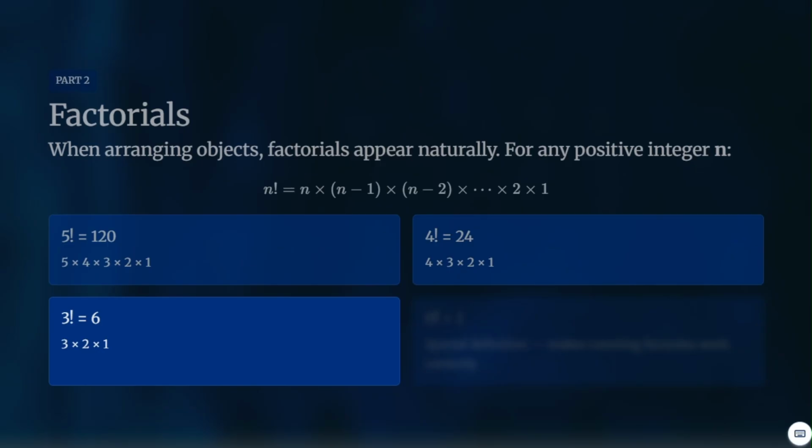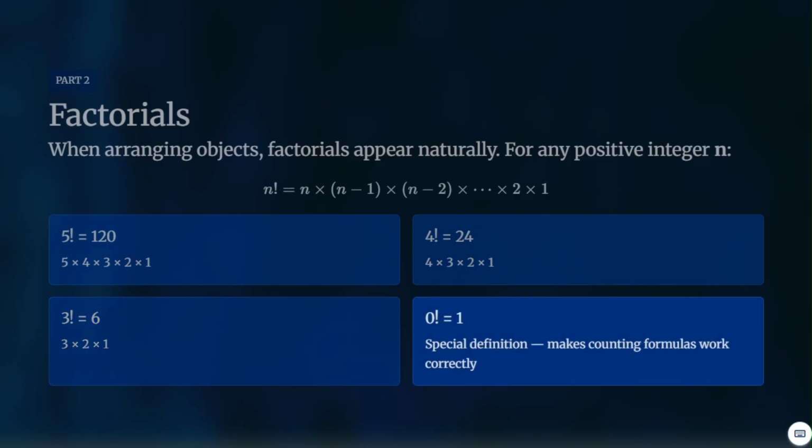You get the idea. Now 0 factorial is a special case. 0 factorial will be equal to 1. That makes counting formulas work correctly. For example,